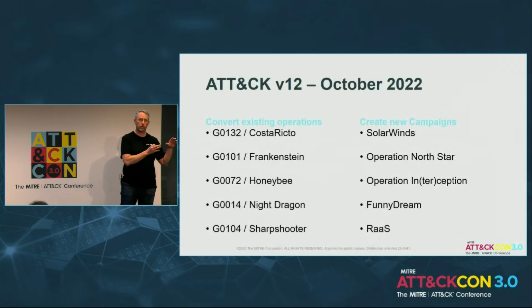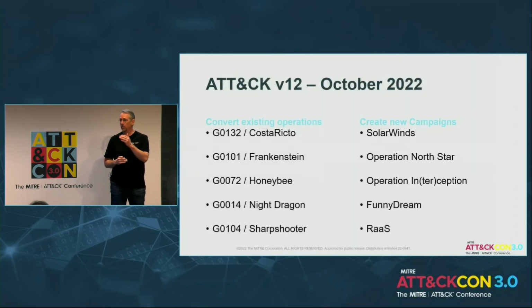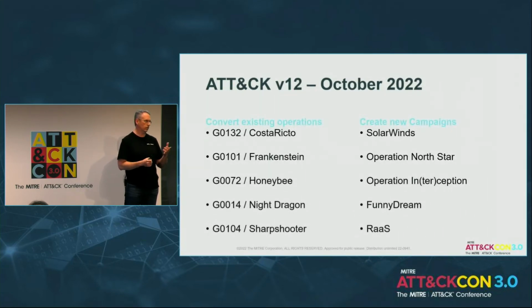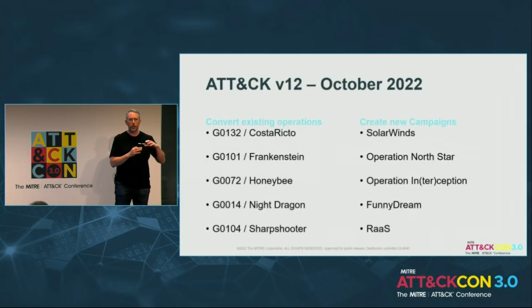As the team has been working on group and software updates for version 11, on the side, they've been keeping mappings for campaigns. We have a template, or they've been using Excel, Word, so they've been identifying and potentially nominating potential campaign entries. Our goal over time is to narrow the gap between what we have in groups, where we can take older campaigns and map those while still being forward-leaning and capturing new activity.